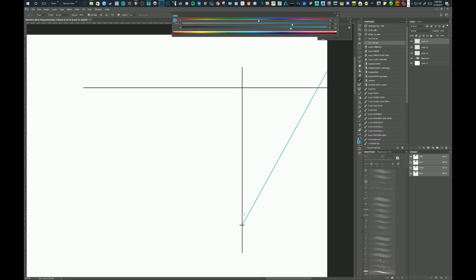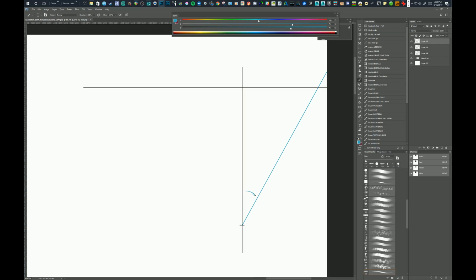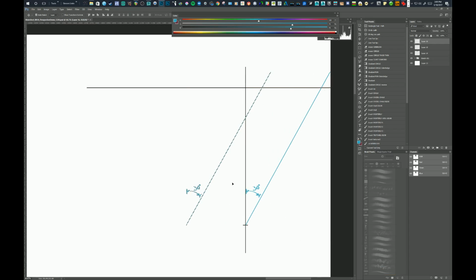So this angle right here, from here to here, is 30 degrees. So from the center to the side over here is 30 degrees, which means that if I just copy it and flip it,